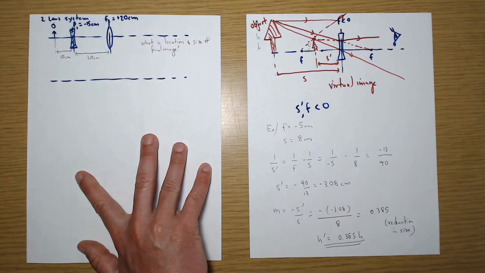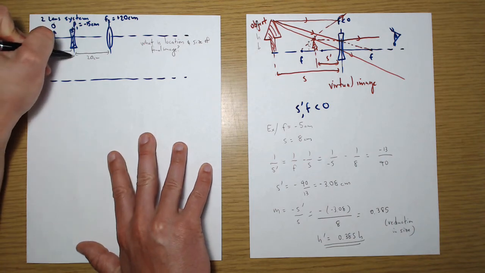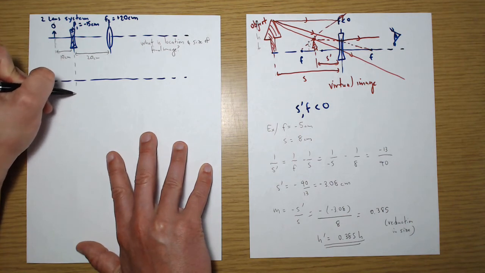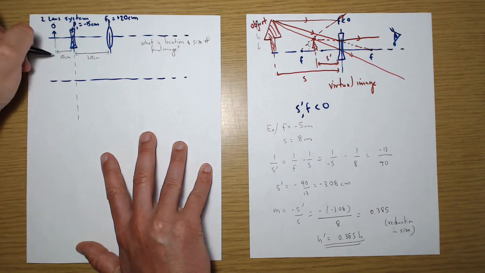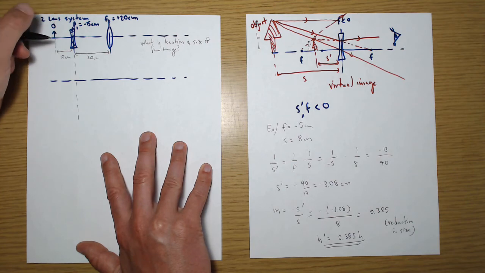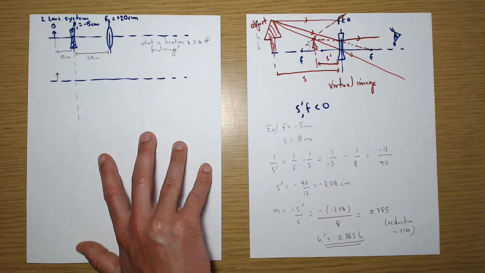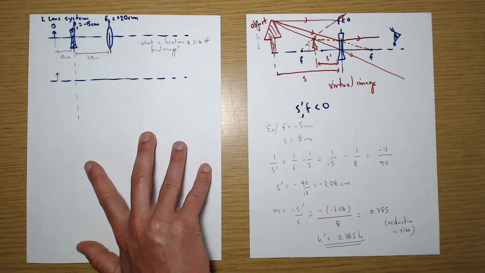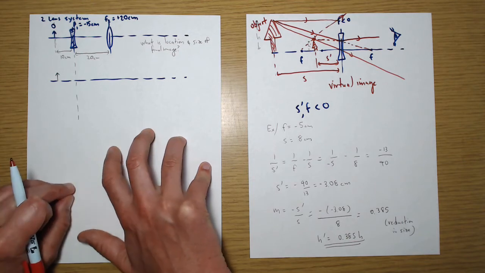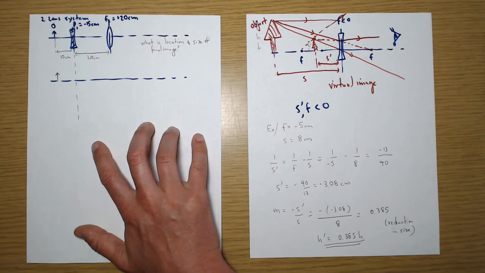What I'm going to do is extend the optical axis of this lens down. I'm going to draw the object, and I'm going to try to determine where the image is produced. So in order to do that, I've got to do some ray tracing here. Now the first ray, which is,